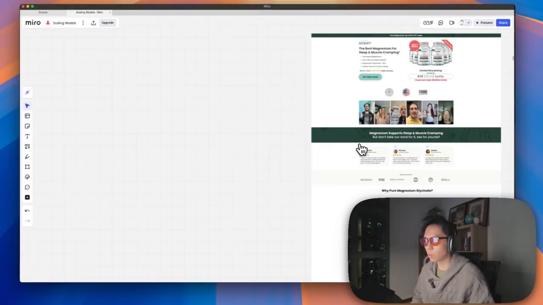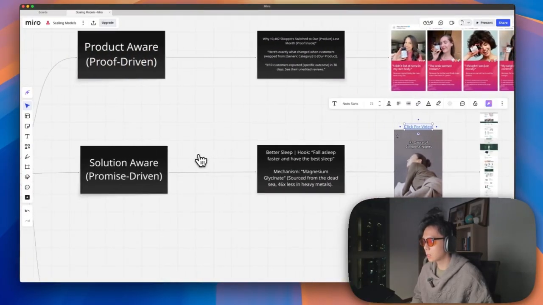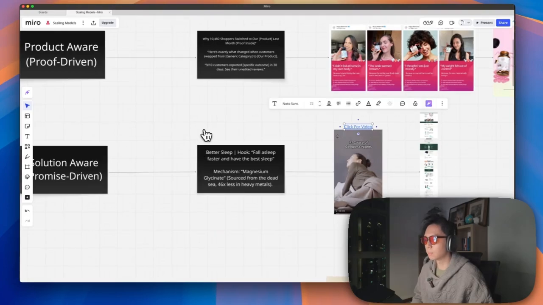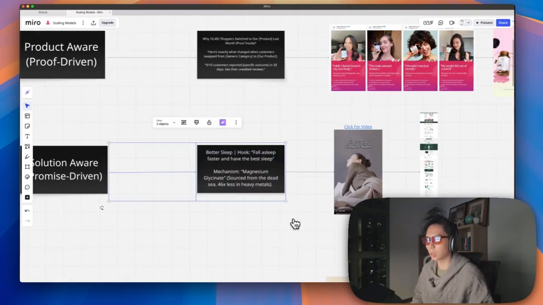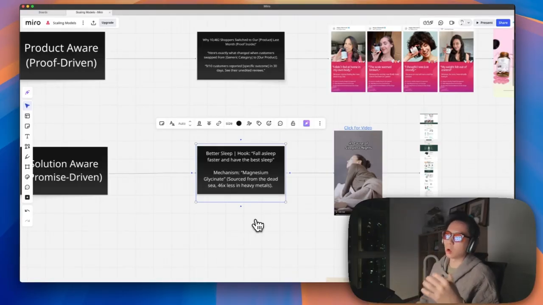All right, cool. So with this ad, I think a huge part of the angle is you're talking to people that know about magnesium, and you notice how he mentioned a couple of times why his magnesium is different and how most ordinary magnesium that you buy from the shelf or with questionable sourcing, you don't want to touch those. But his magnesium glycinate is sourced from the Dead Sea, right?